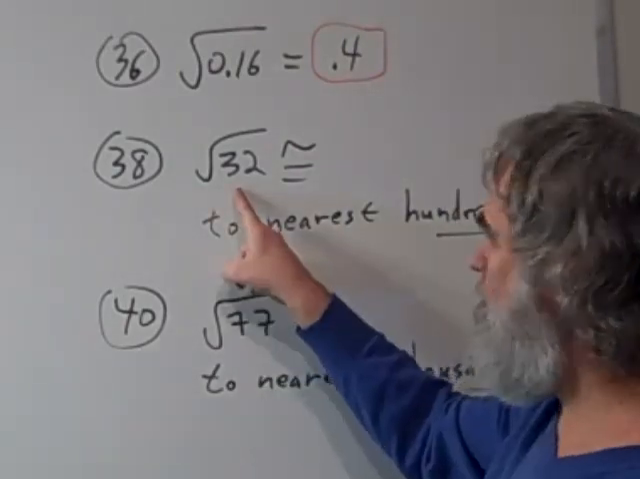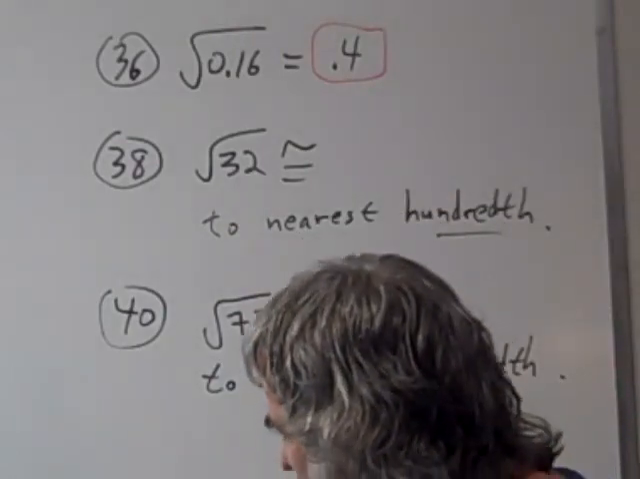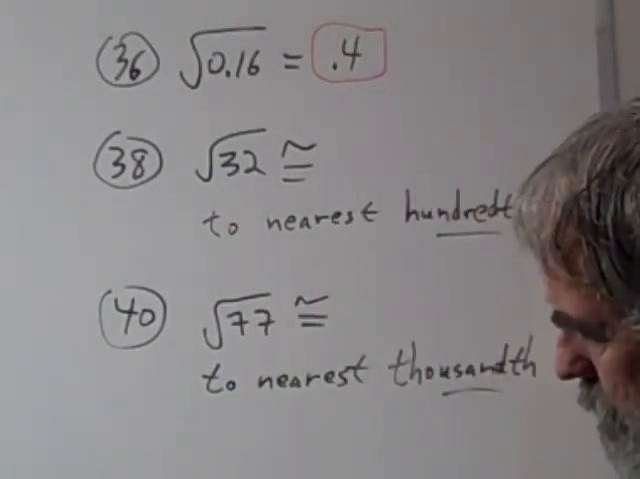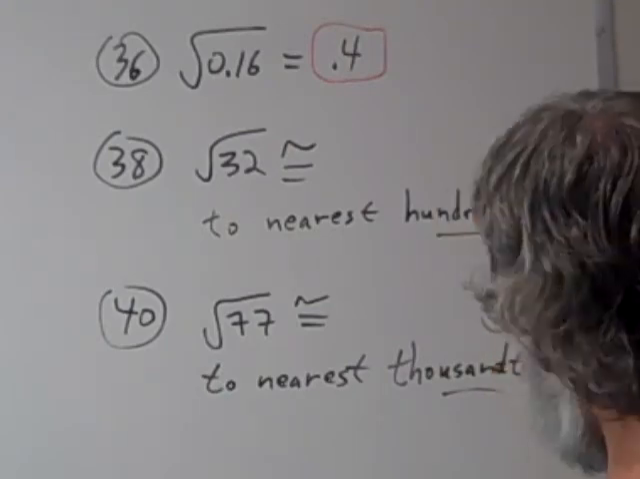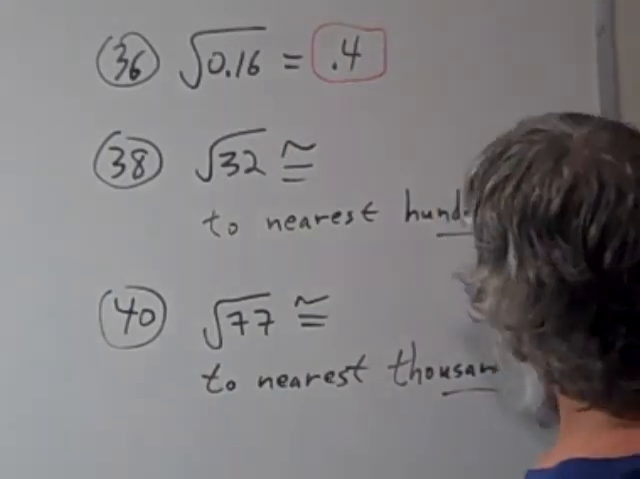Now the square root of 32. 32 does not come out to be a perfect square. It's not the square of any integer, so using your calculator, calculate the square root of 32. I get about